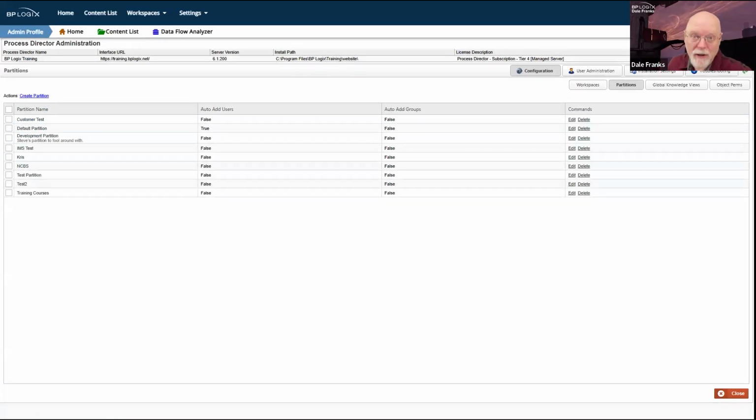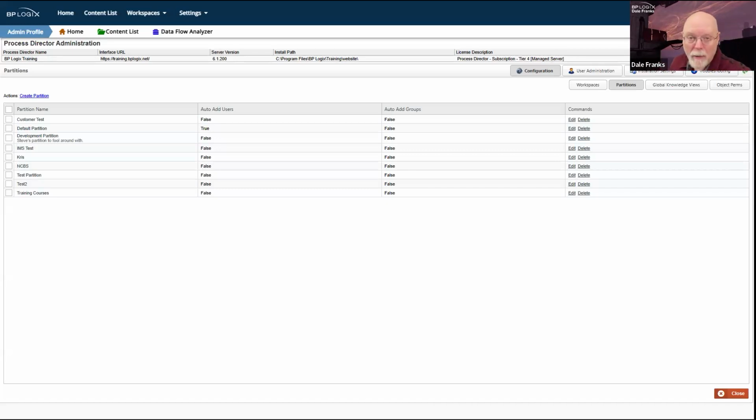By the way, this is one of the reasons why we have partition admins, because you're going to have somebody who's a partition admin on each partition to be able to go in and ensure that each partition has the custom tasks and custom utilities and have the same data sources and all of the other shared objects that you have on the other partition that you want to be able to replicate in a new partition.